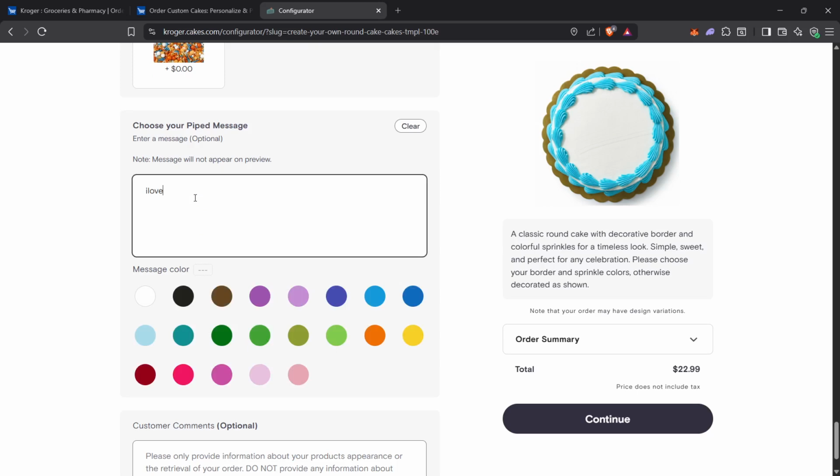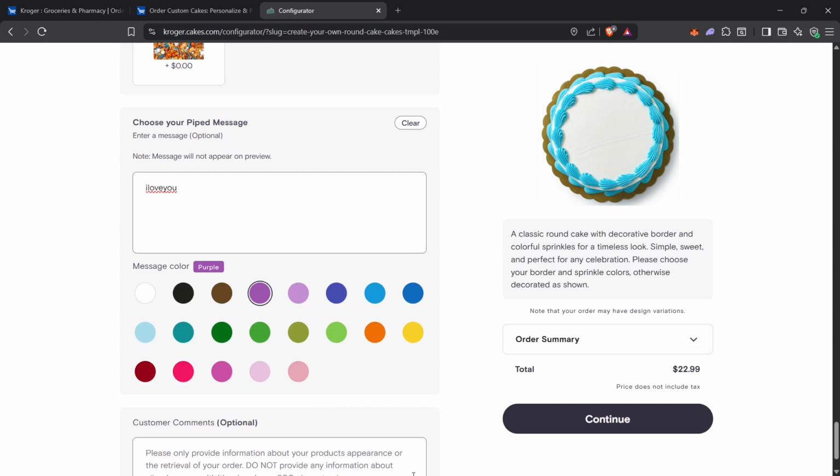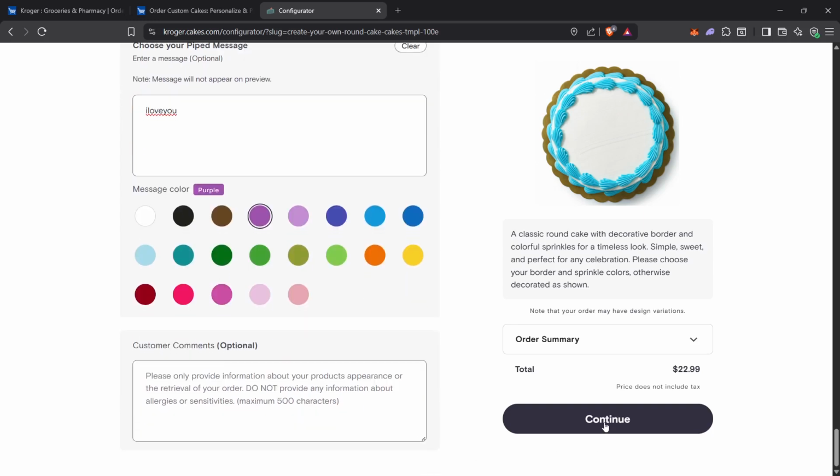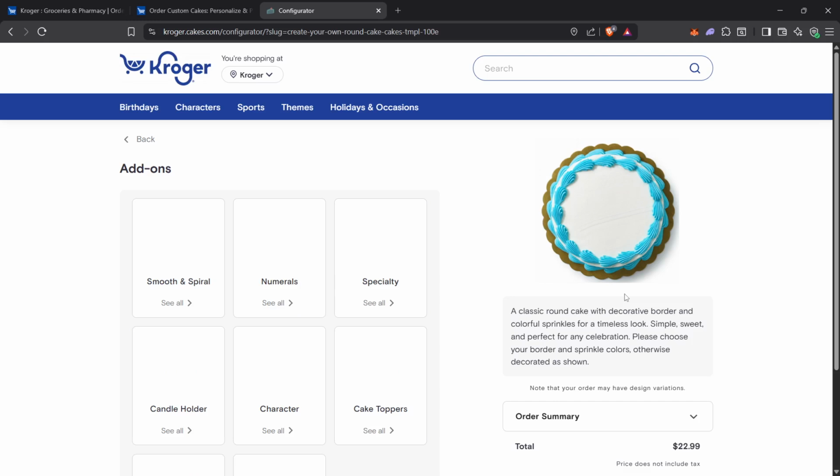With the cake customized, choose your pickup date. A calendar will appear, and available days will be selectable. Pick the exact day you want to collect your cake, keeping in mind that very early days might not allow enough time. Once you select a date, it will show clearly on the order summary.